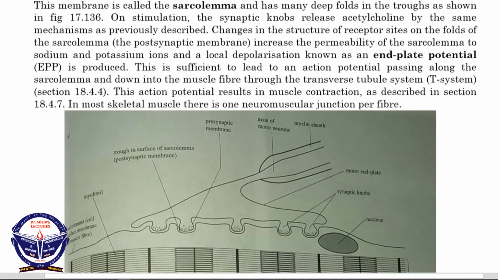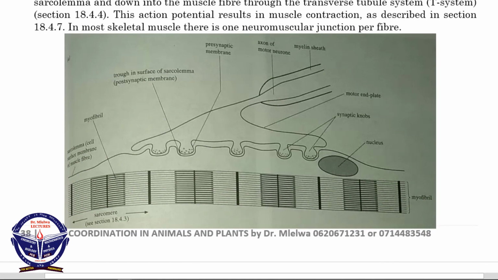The other mechanisms of muscle contraction, how the fibers interact together and how the mechanism of muscle contraction takes place, are actually not for your level. For your level, what you need to know is the structure of the neuromuscular junction, because some teachers can ask you about the roles of the synapse, and want you to explain one among the roles of synapses in the neuromuscular junction. Other teachers will bring you this diagram in the exam and tell you to label some of the parts, or ask how it works. But the mechanism of muscle contraction is not for your level.